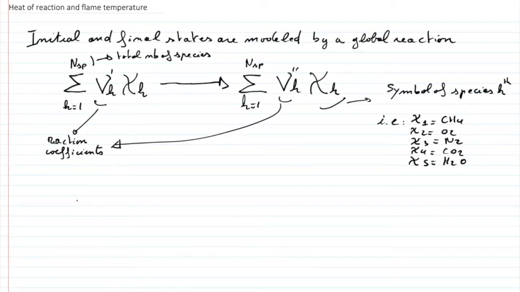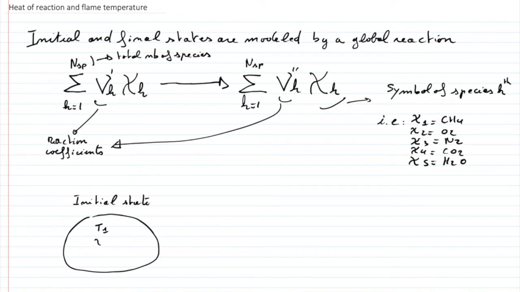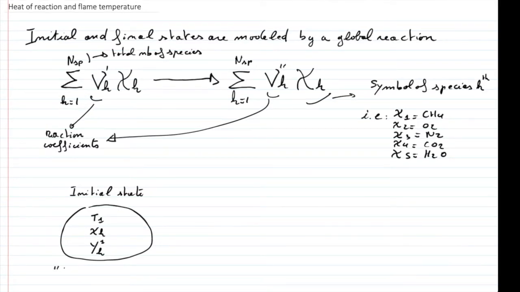Prior to the combustion process, a chamber is filled with reactants. These reactants are generally made of fuel and oxidizer only, but in some applications they can also be diluted with other species. The reactive mixture is then characterized by a temperature and a species mass fraction distribution. Superscript 1 here denotes the initial state. In the combustion community, we call the state of this mixture fresh gases.